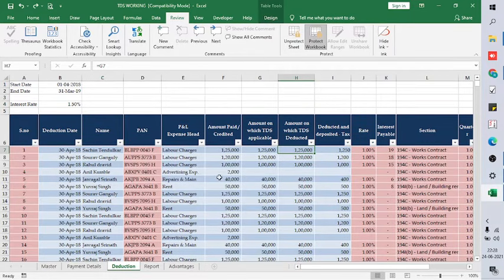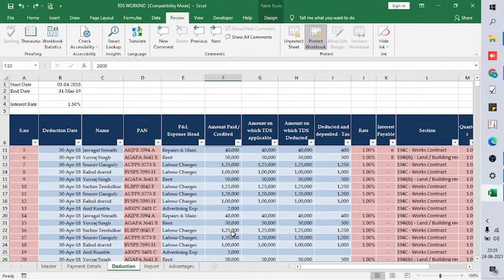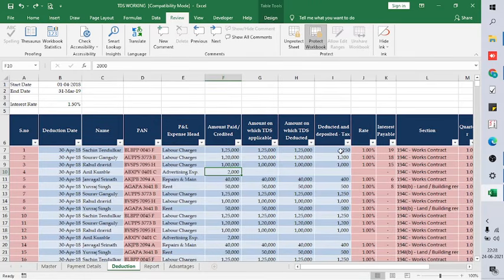So if there is an advertising expense which is below threshold limit, let's say 2000, TDS is not required to be deducted. So it will be only mentioned in the first column. At times it may so happen the amount is above the threshold limit, but you may have 15H or 15G. Even in that case, the amount will be only reported in column F and not G and H. Column I will report the TDS deducted on column H.